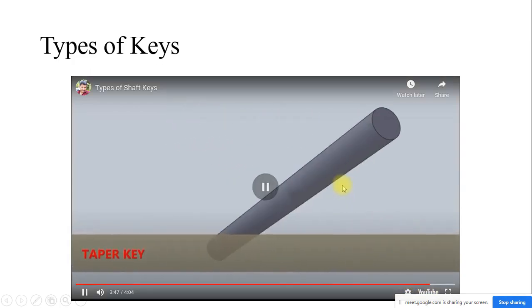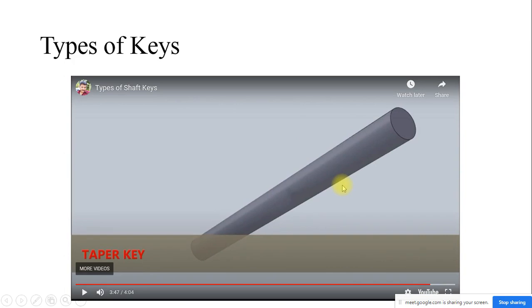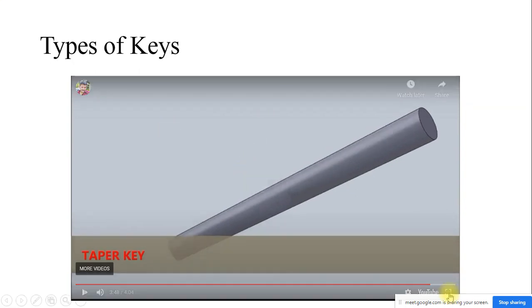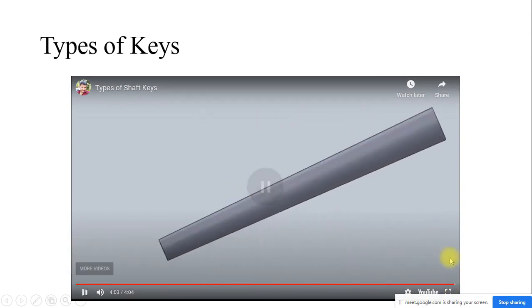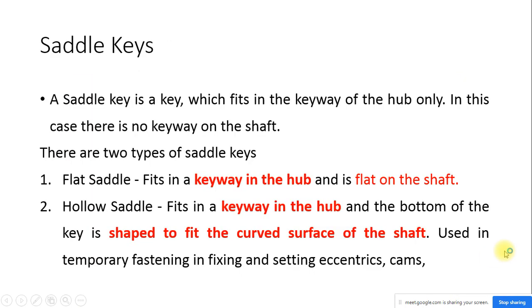Last but not the least, taper key. I hope you have done one experiment, which is a screw jack, where you will be using a taper pin to lock a particular thing. In your previous third semester, you did one lab experiment. So this video showed you the various types